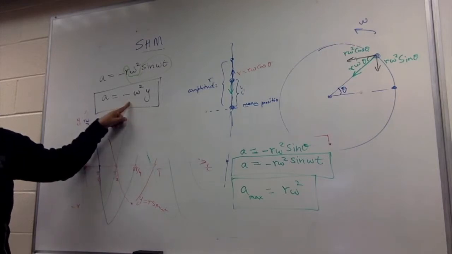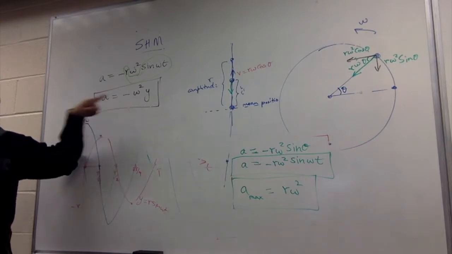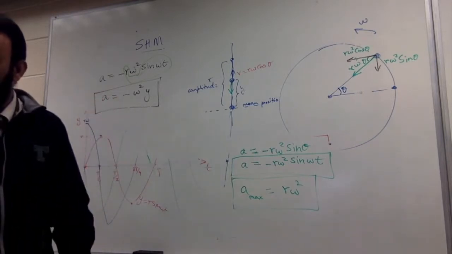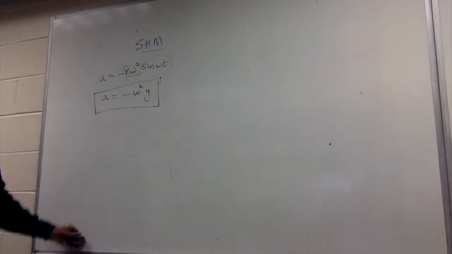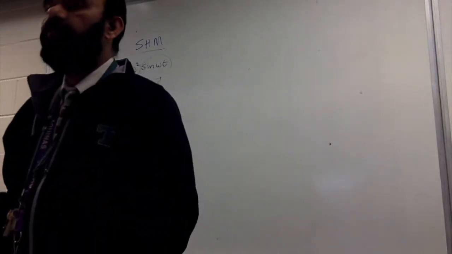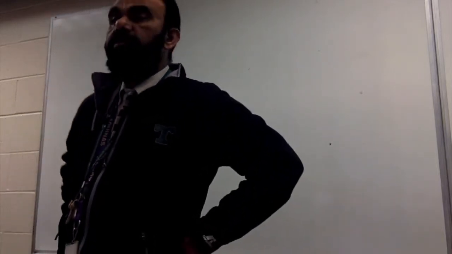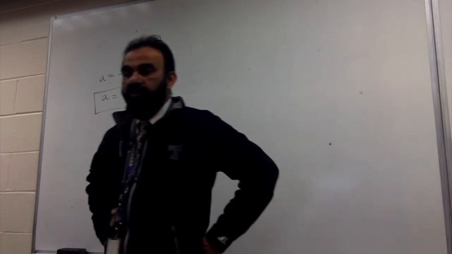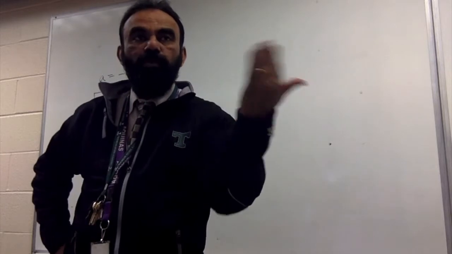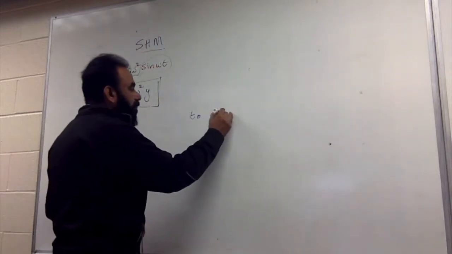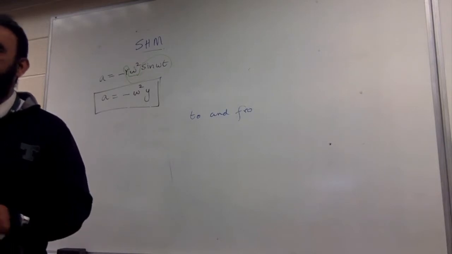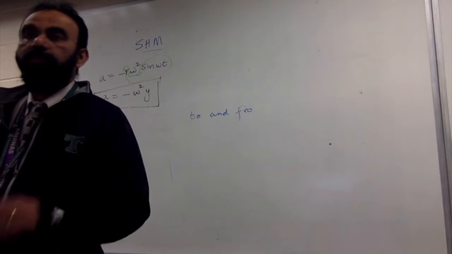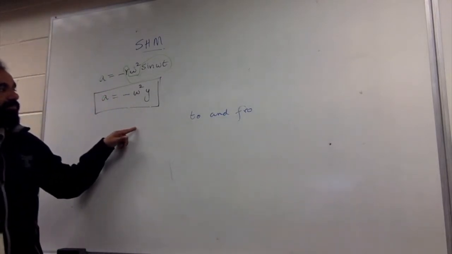And this is where we define simple harmonic motion. So write down the definition of simple harmonic motion. This is the definition. I'm dictating it. Just write it down. Simple harmonic motion is a periodic to and fro motion of an object